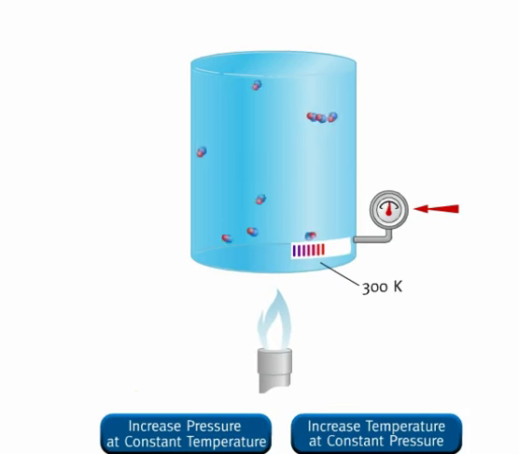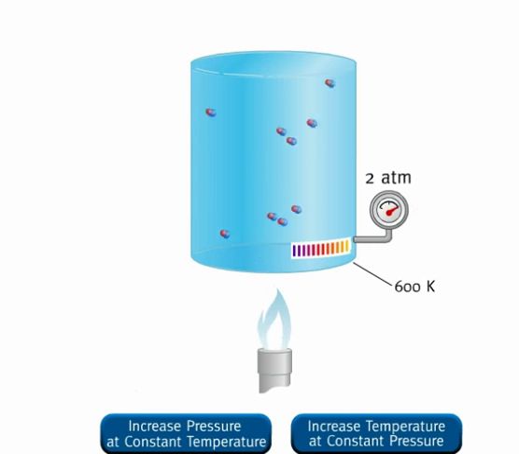So here we are heating up a fixed volume of gas. We are not allowing the size of the gas to change. We have doubled the temperature from 300 to 600 Kelvin, and that has changed the pressure from 1 atmosphere to 2 atmospheres. So doubling the temperature will double